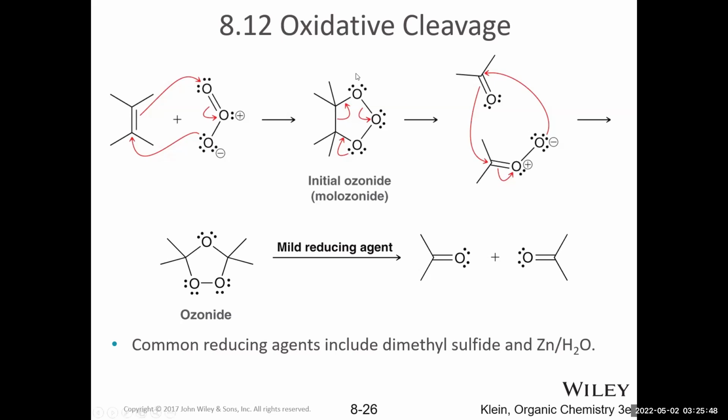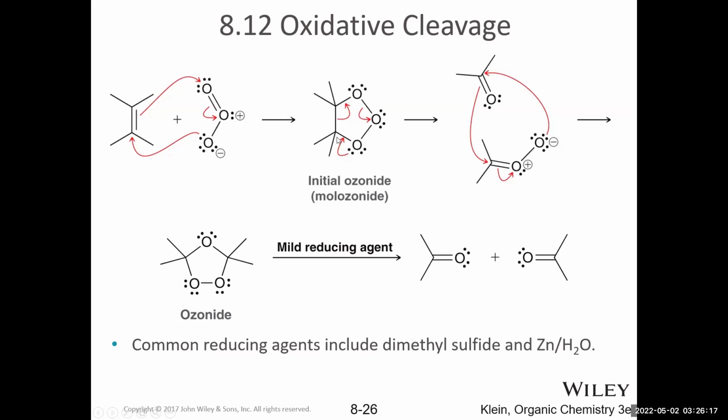That is not stable. Look at these oxygen-oxygen bonds. Those are not stable, so it's not going to stay this way. This is just an intermediate. What is stable are carbon-oxygen double bonds, right? Carbon-oxygen double bonds are very, very stable, so there's a driving force to form them. If we use one of these lone pairs on the oxygen and push electrons to form a pi bond, then we've generated that carbon-oxygen double bond.